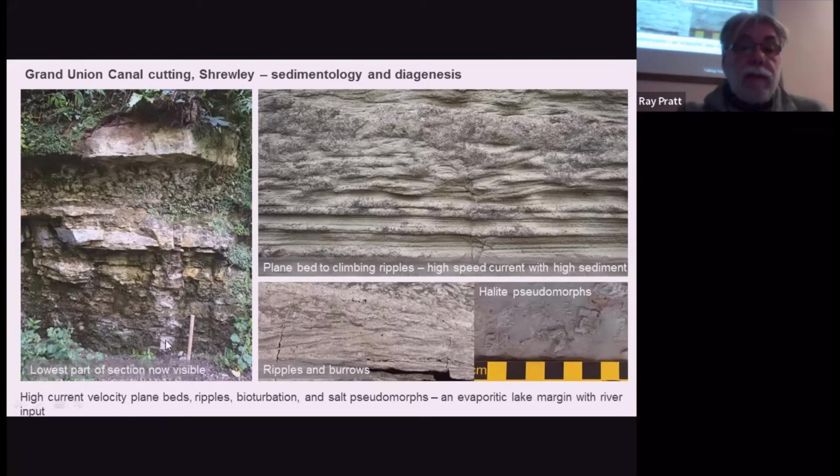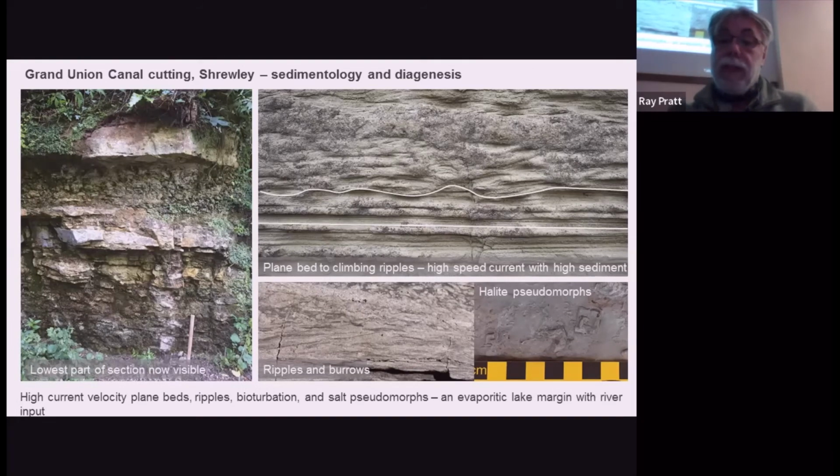There's the basal section on the left, the thin bedded sandstones, sharp bases, 10, 20 centimeters thick. When you have fresh surfaces, you can see that there are plain beds, just as we saw in Inkbarrow, and then our rippled horizons. They be passing to climbing ripples. And again, they tell you this is a very high speed current in this sandy unit, passing into with a very high sediment load. More burrows, and in some of the broken slabs, when you look at the upper surface,